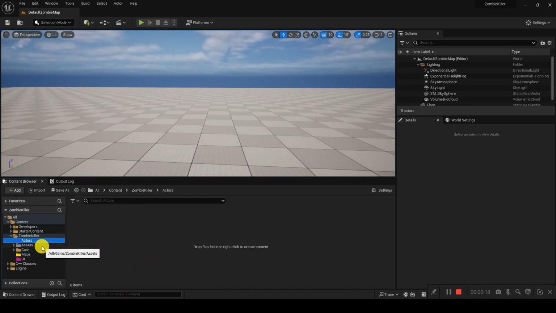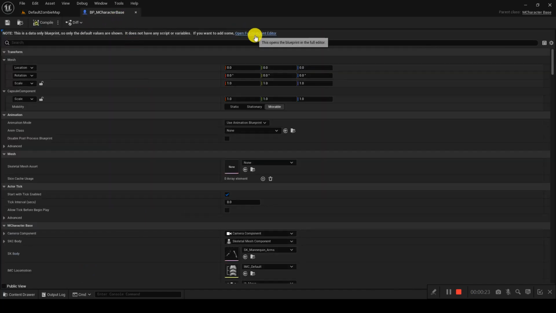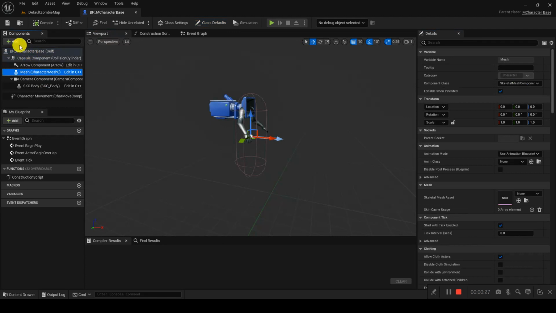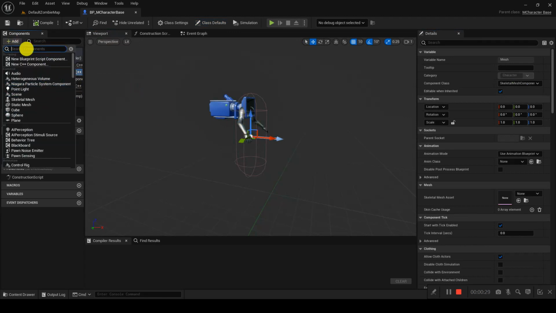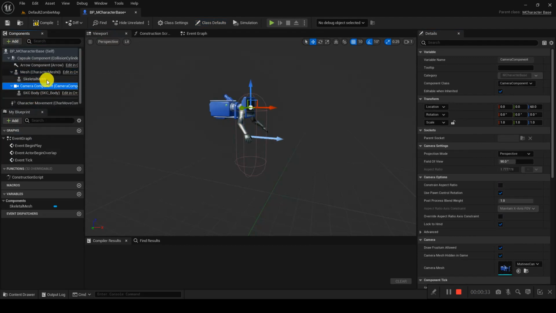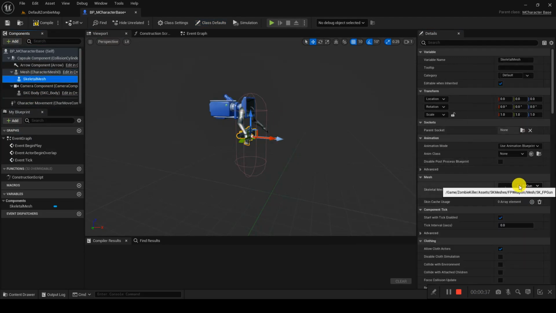One of the simplest ways to do this: go to the character. If you see through the blueprint, we can just click left while selecting the mesh. We will select the skeleton mesh component. So this is the skeleton mesh component, and here we can choose our gun, which is SK_FPGun, and we will attach it to